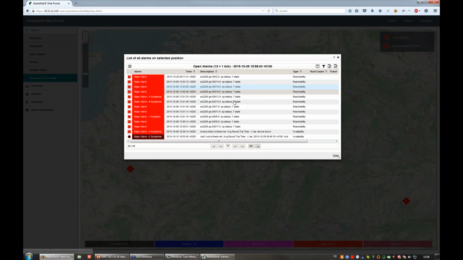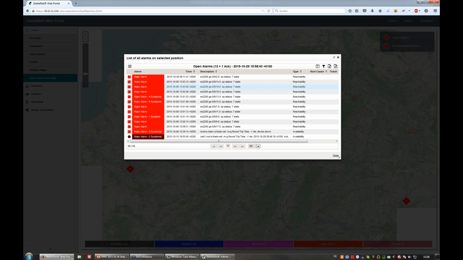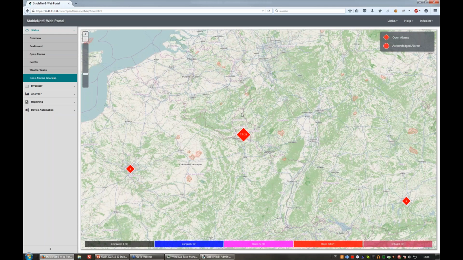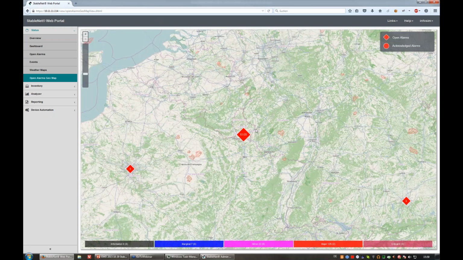So I will acknowledge one of them, and now if I switch back, then after a reload you get the information that an additional alarm is acknowledged. The string in the icon means that at the moment we have 12 or 13 alarms in this region, and one of these alarms is acknowledged. And if I reload, then you see I have now acknowledged a second one, and someone